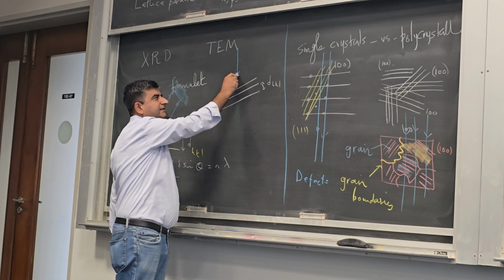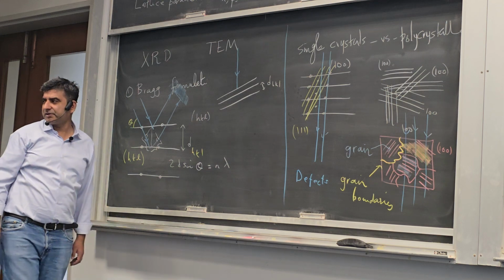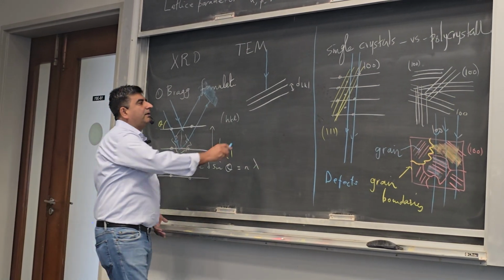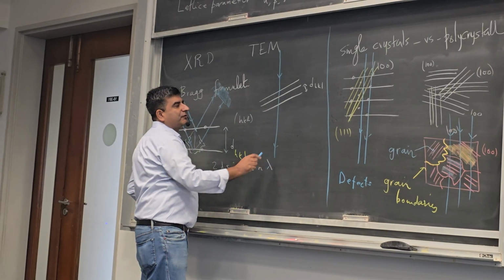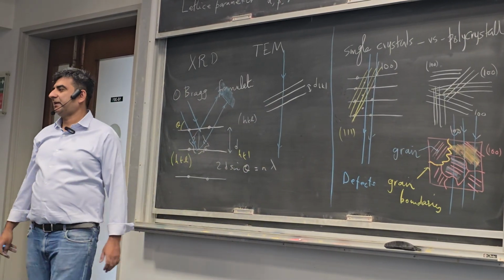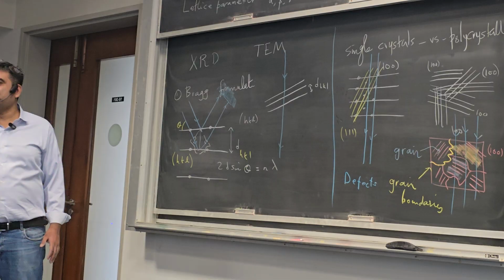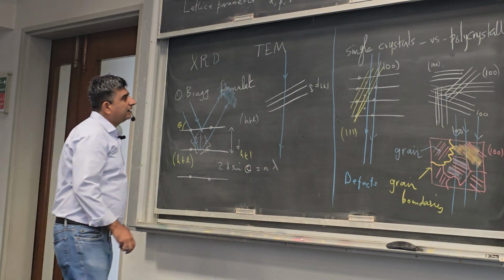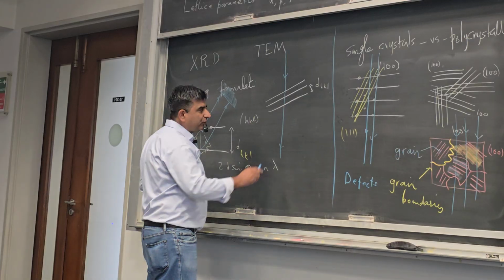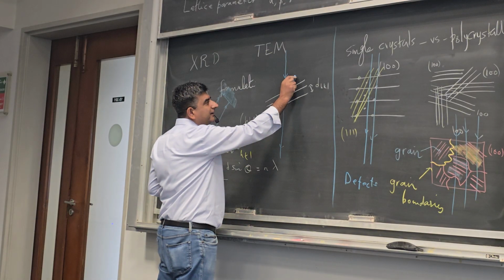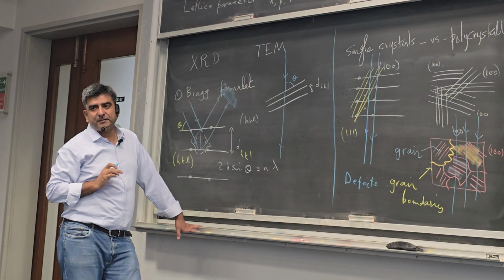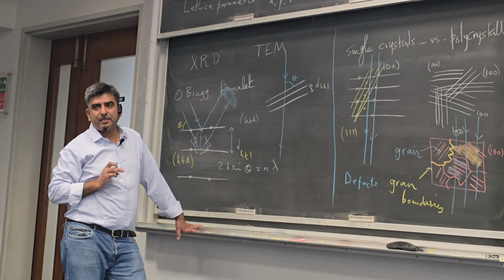X-rays are coming in at some angle with respect to these planes. A large part of these X-rays, of course, will pass unimpeded, unscattered, as it always happens, because there is a certain cross section for scattering. But if now the grazing angle, the angle at which light is coming in and hitting the planes, is theta,